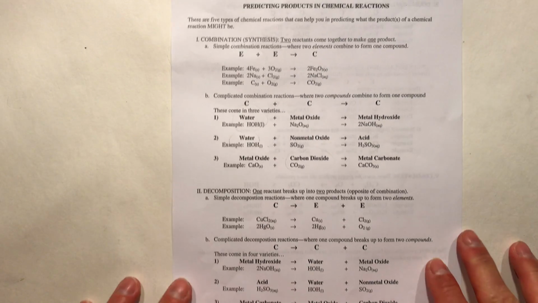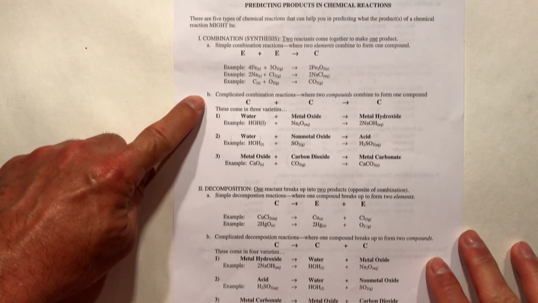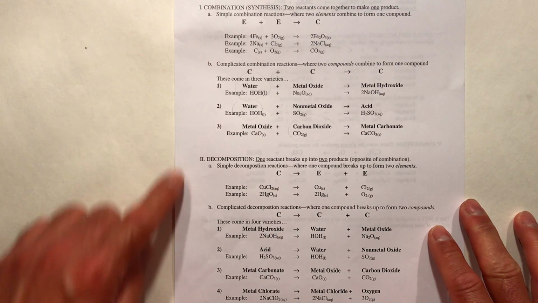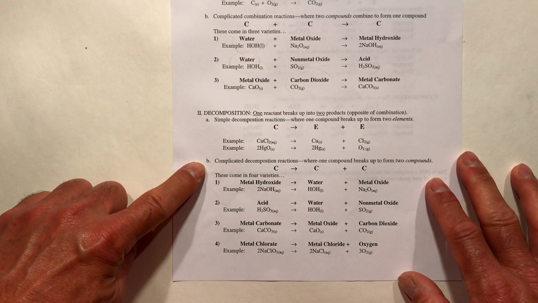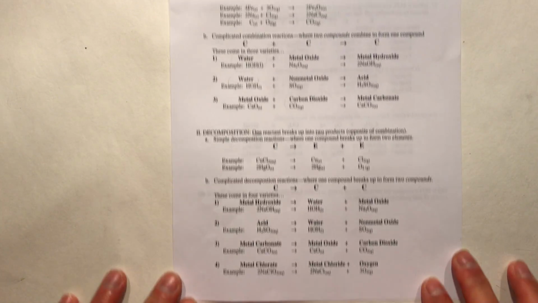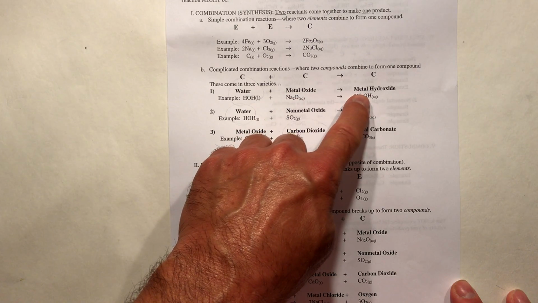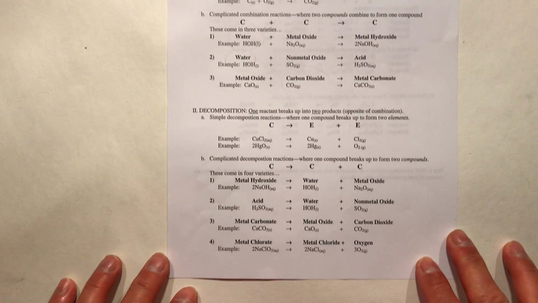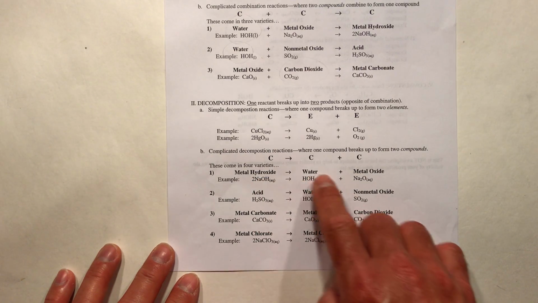So the other type of decomposition is the opposite of complicated synthesis. So Roman numeral 1, letter B, is complicated or complex synthesis. And Roman numeral 2, decomposition, letter B, is complicated decomposition. So notice that for synthesis, water and a metal oxide synthesizes to form a metal hydroxide, and for decomposition, a metal hydroxide decomposes to form water and a